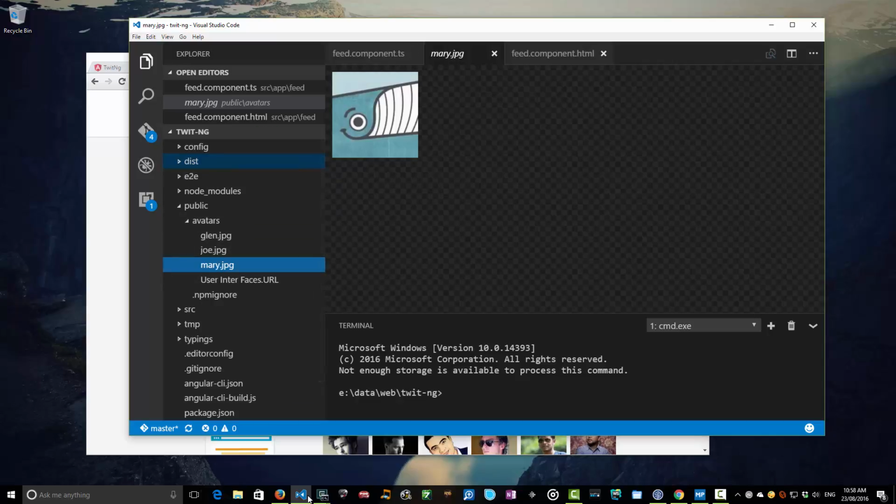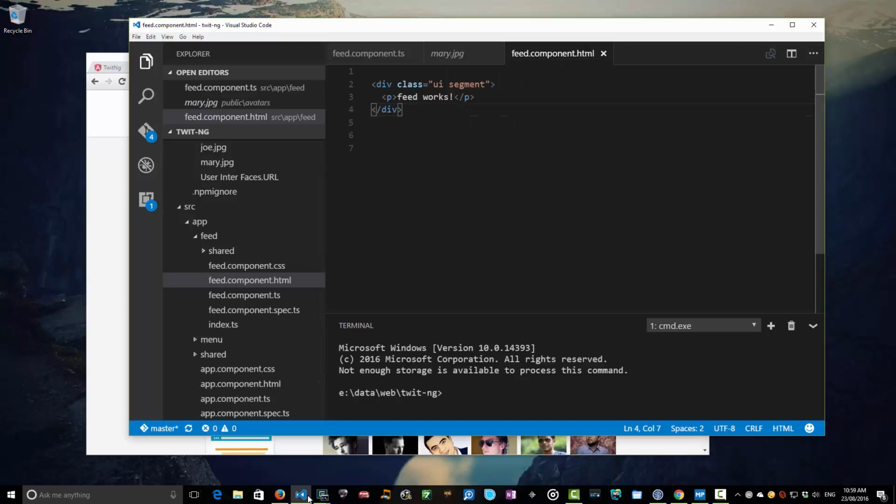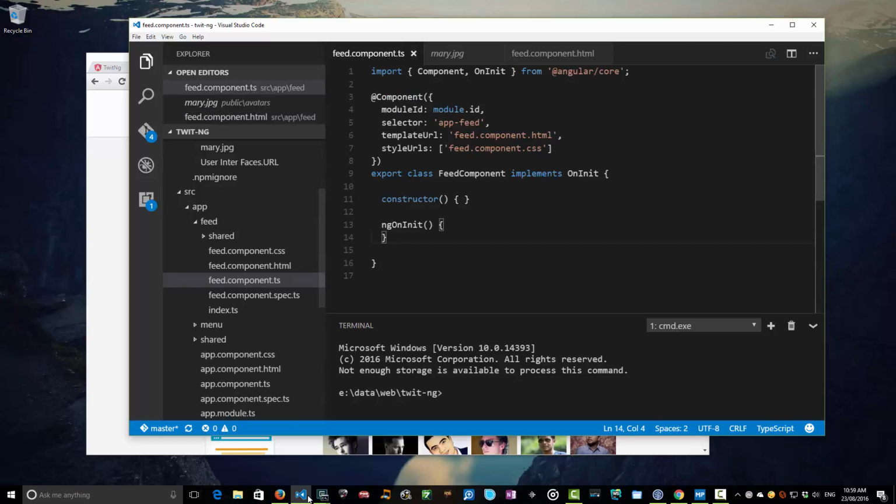Let's get to work on our timeline. Well, our timeline's got pretty much nothing in it at the moment, so we need some tweets that we can actually publish out here. So let's create that property in our backing class. So in our feed component, I'm just going to declare a new array of tweets here, and inside here I'm just going to put a bunch of JavaScript objects. We'll tidy these up later when we put this in a nice little feed service, but for now let's just